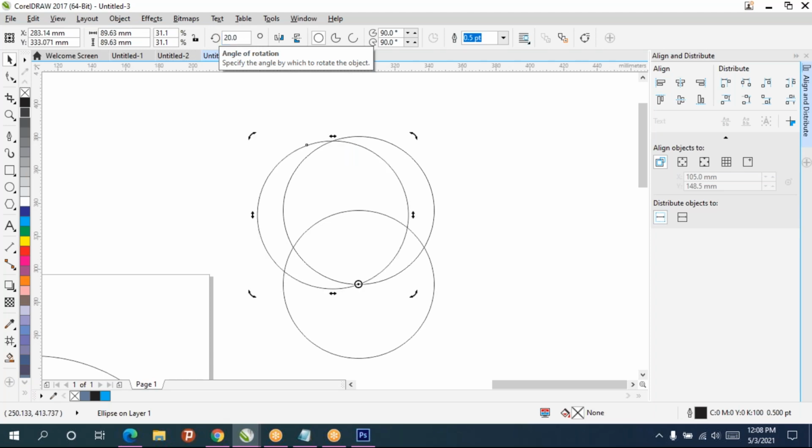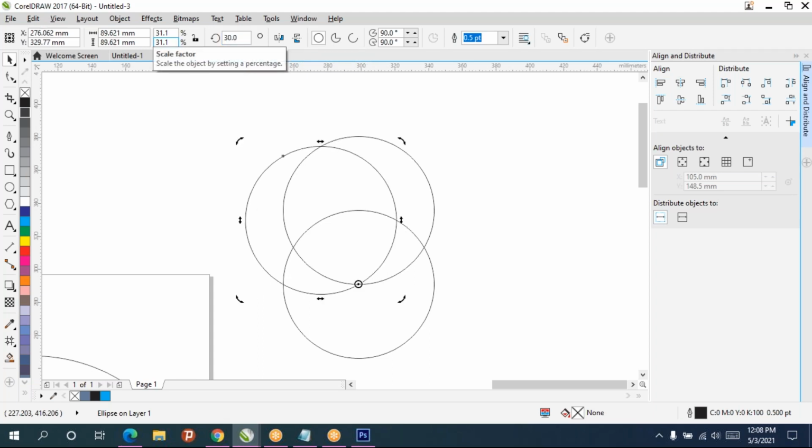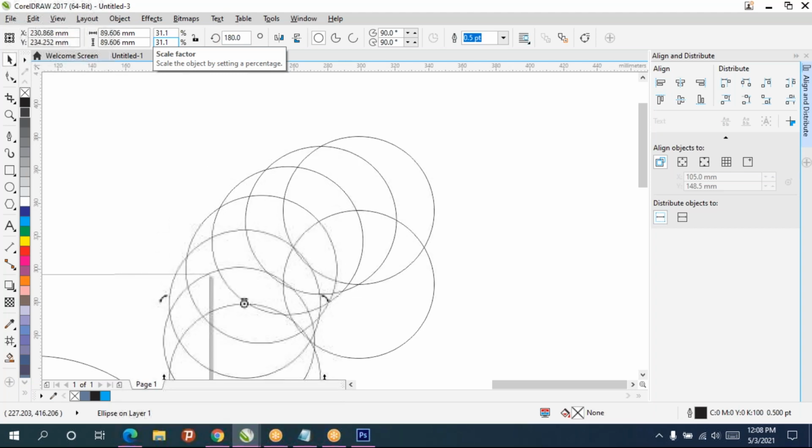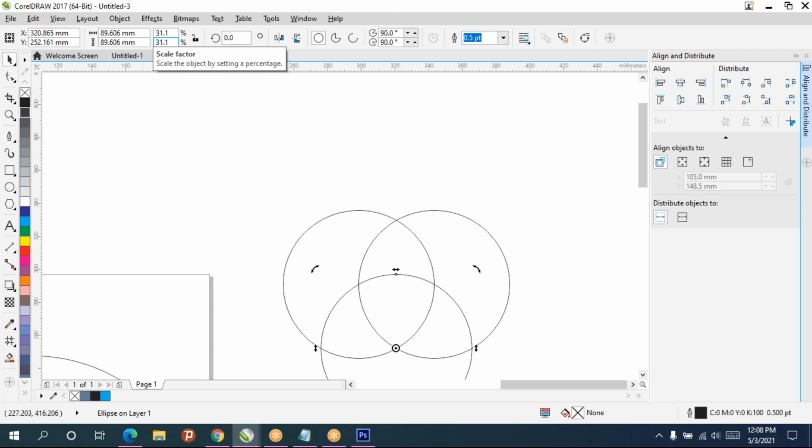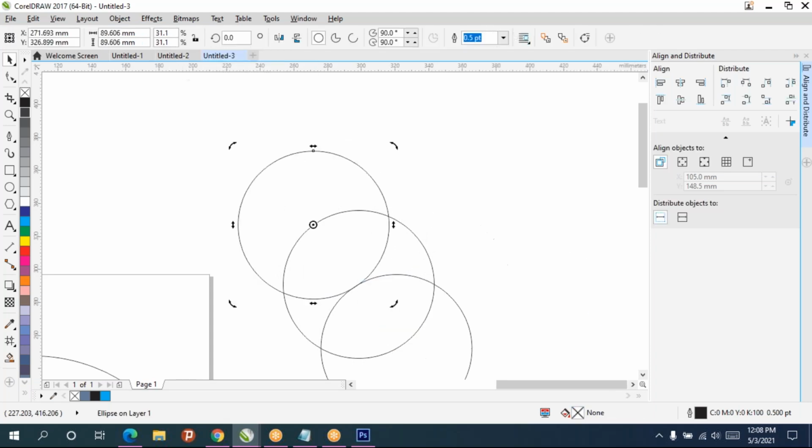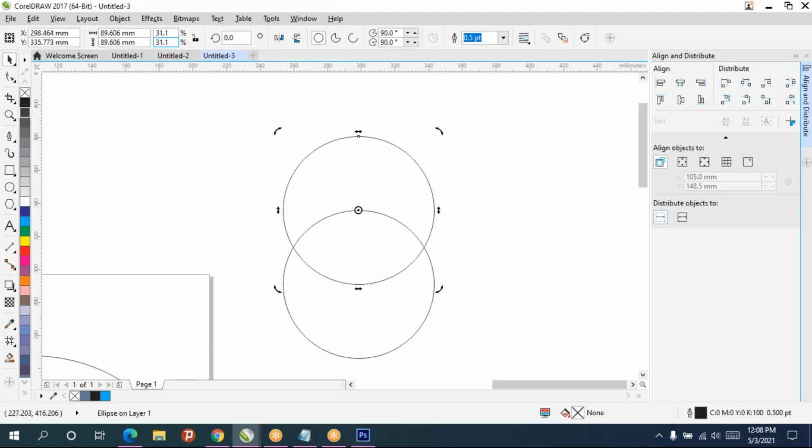I'll rotate around 20 degrees or 30, then press Ctrl D. So the rule got broken. Select the object, press Ctrl D, place exactly.